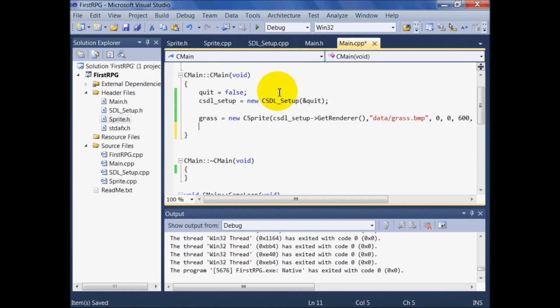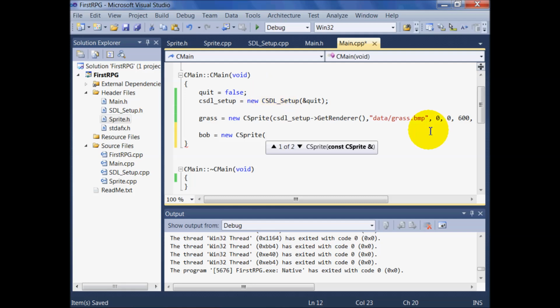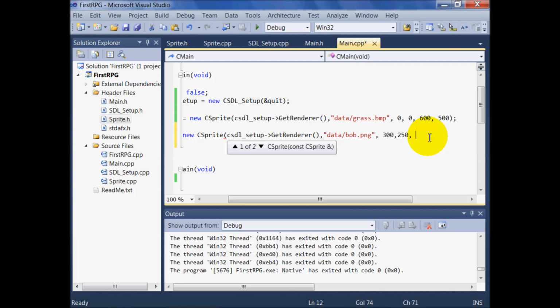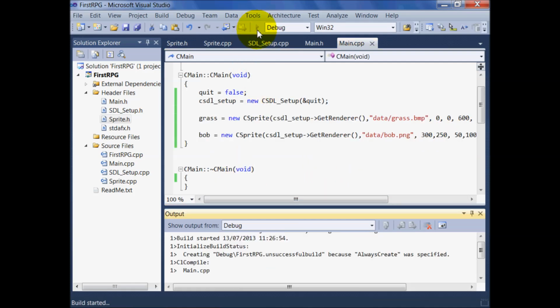And then we'll do Bob equals new sprite. And then we're gonna get the renderer. Then we specify where Bob is, so data underscore Bob.png. And let's do 300 by 300 or 250. So width of Bob will be, let's do 50 by 100. Close the brackets. But if you run it now, Bob won't appear